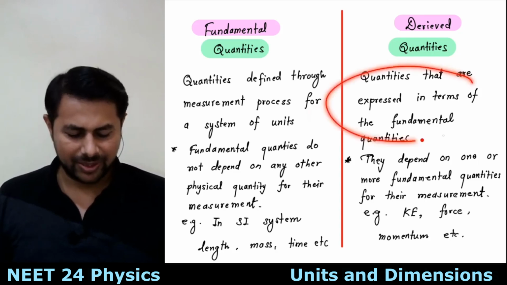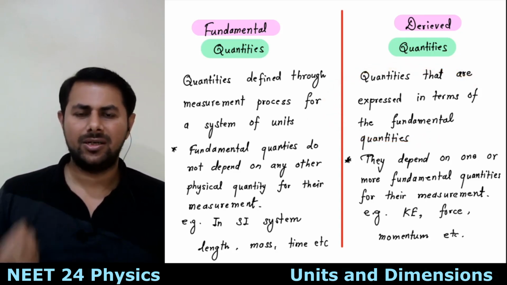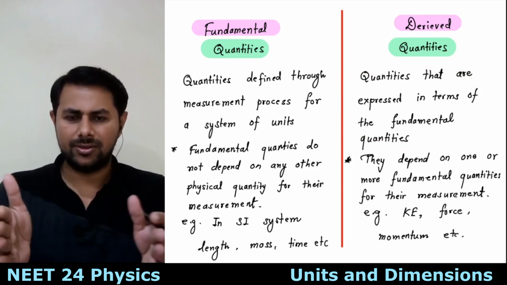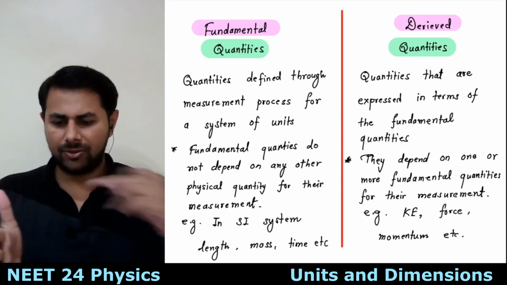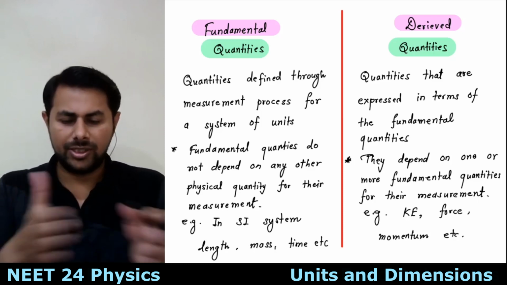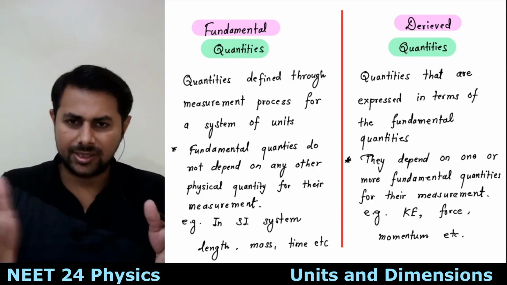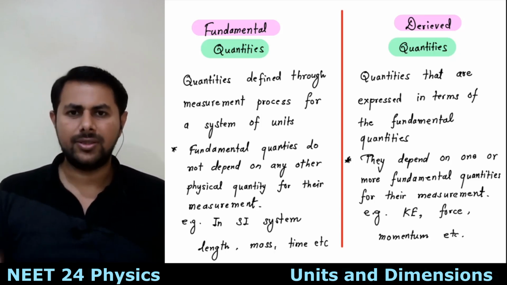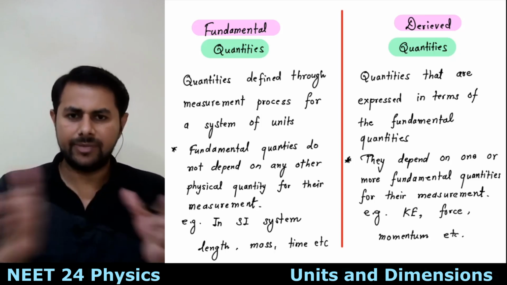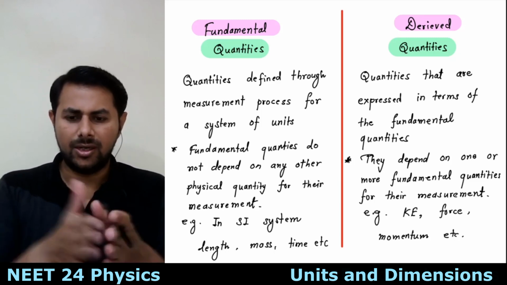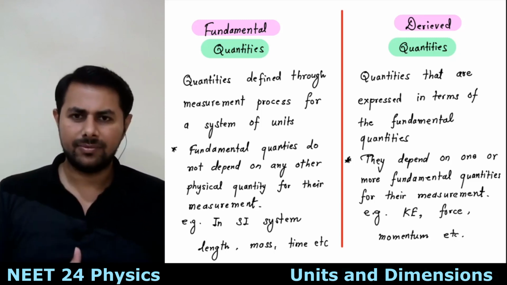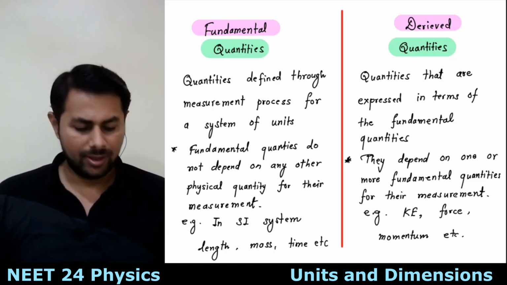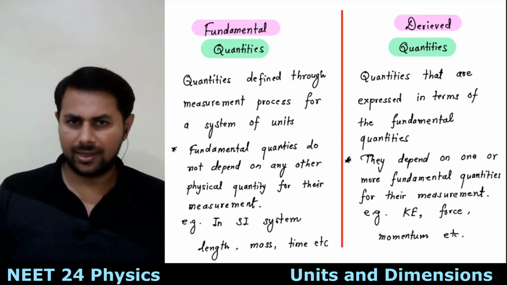What is a derived quantity? For example, if you want to measure the velocity of something, how will you measure it? Some body is traveling and you want to measure its velocity, then you need to measure the length, the distance covered by that body, and also the time, because the velocity will be displacement divided by time. So you need to know about length and about time, at least two quantities.